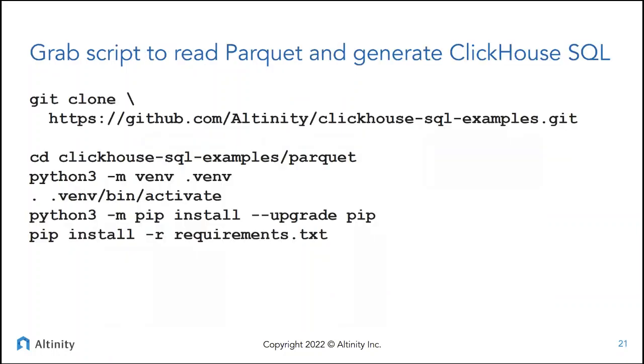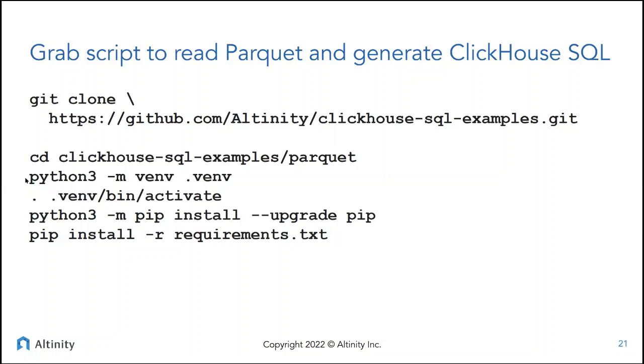Okay, so in order to finish this project, one of the things I did was I wrote a script that would actually generate the table definitions as well as that S3 command to load from S3. You can get hold of this pretty easily by just cloning this project. The script is very simple. It's really only been tested on this stuff, but it's something that you can use as an example for how to do this. So you can go clone the project, and then it's written in Python.